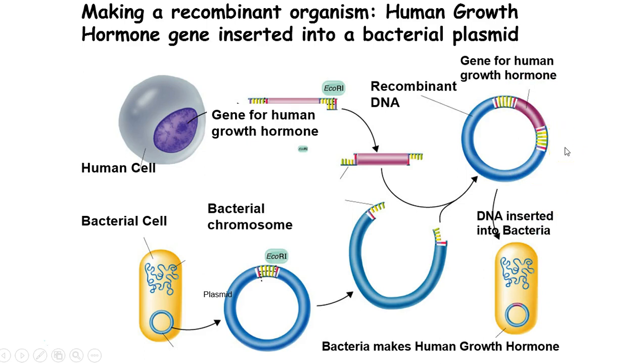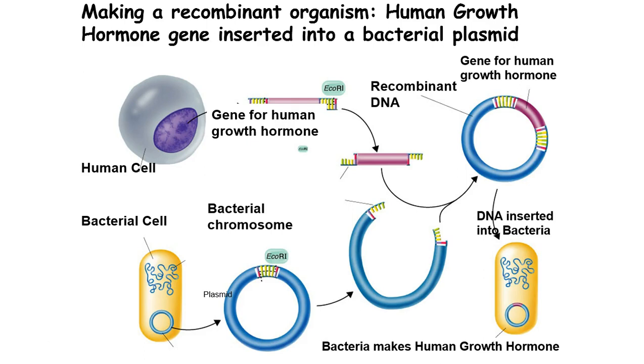Let me back up. So we mix the DNA and the plasmid, and hopefully some of them are going to combine. We insert that plasmid back into the bacterial cell. We isolate the bacteria that are able to produce that protein, so where our transformation was successful, and then we will allow that bacteria to grow. We will culture it. It will continue to produce that human growth hormone as the bacteria grows and divides normally,